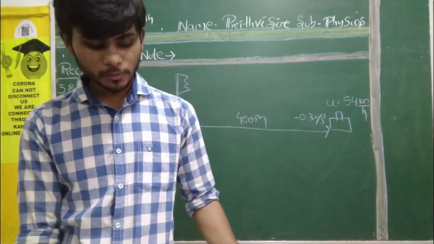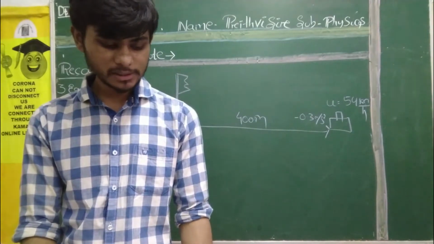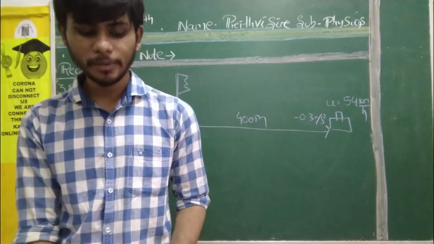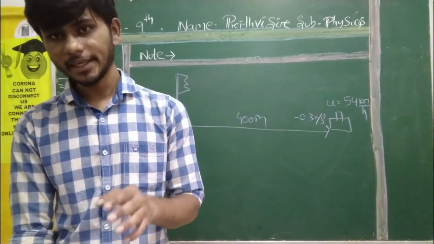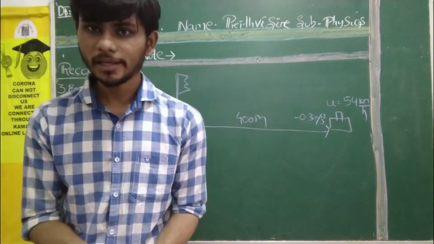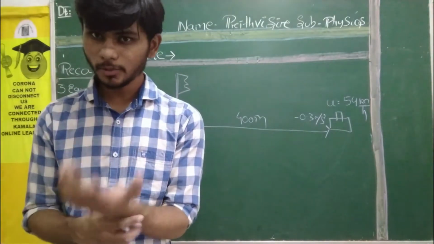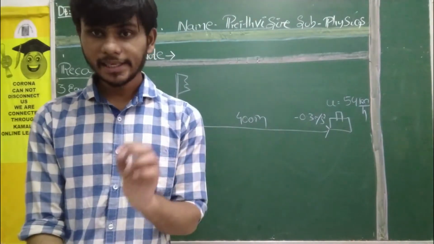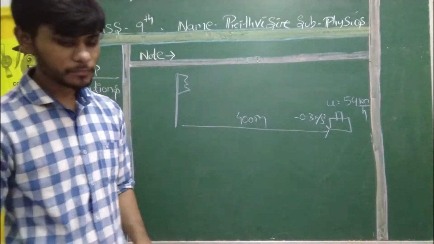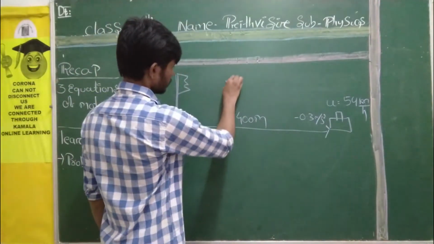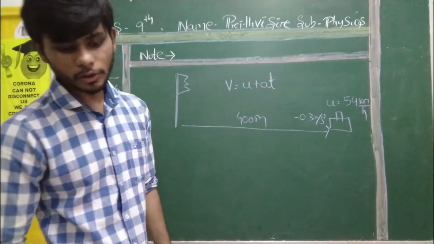Let us do the solution. Since the locomotive moves with a constant deceleration after the application of brakes, it will come to rest at time t, then we know v is equal to u plus at. Here he continues to apply brake, and after some point it will come to rest only. So t second will be its rest time. Then we know v is equal to u plus at. The formula is, we will directly put v is equal to u plus at.